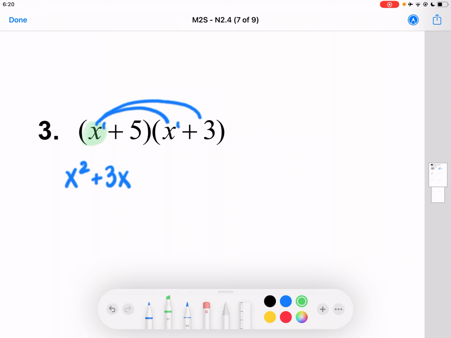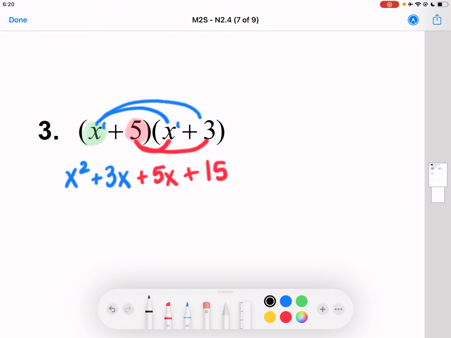Now we're going to go ahead and do the same thing, but now for the 5. So what you do is you take that 5 and you multiply it by, you go to the other parentheses, so 5 times x is 5x, and 5 times 3 is 15. Now before we finish, because there are some like terms we've got to combine, I'm going to talk